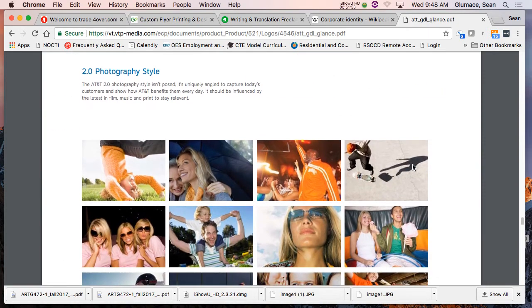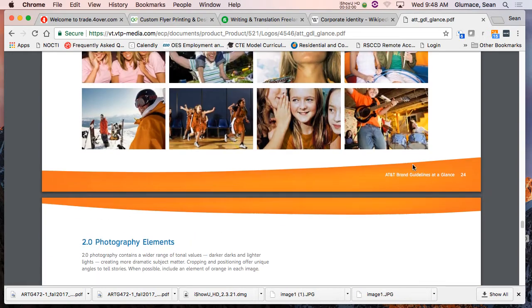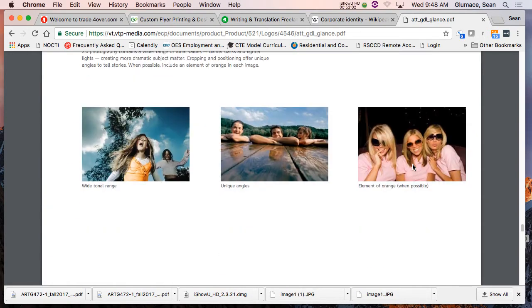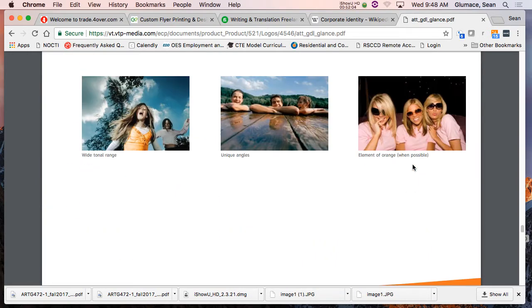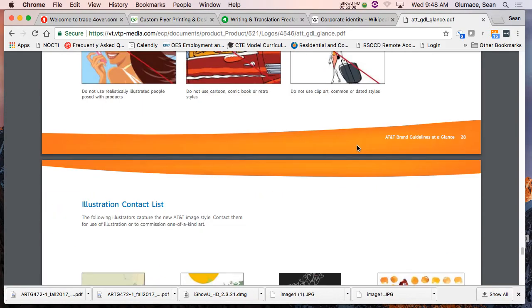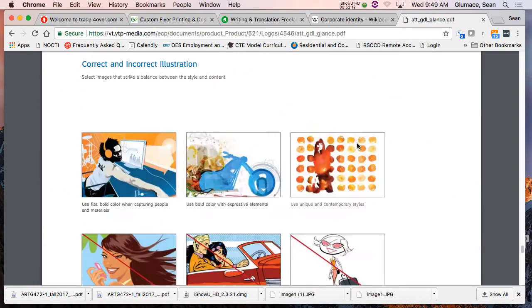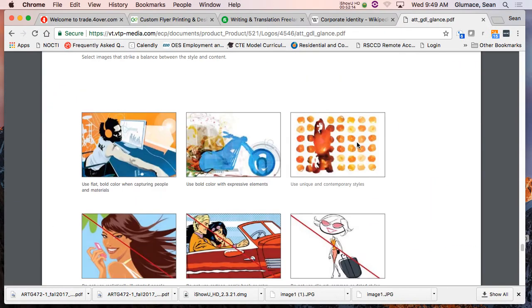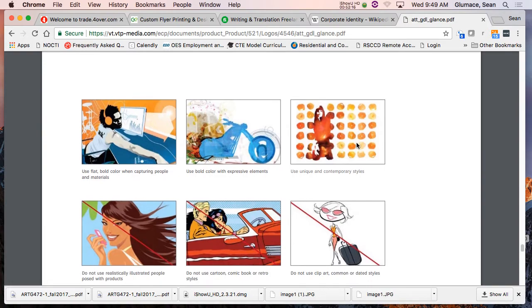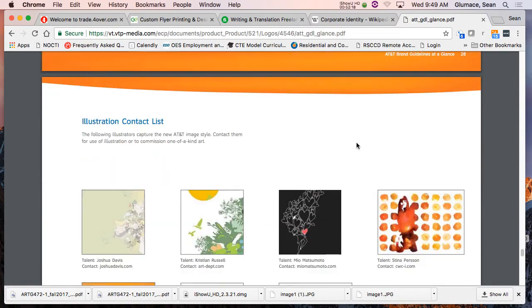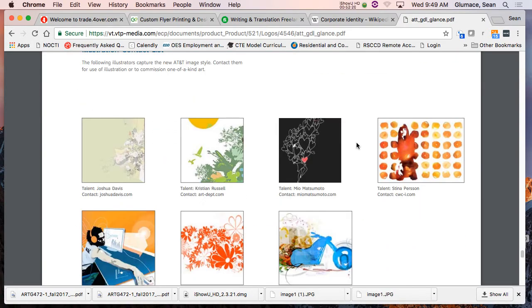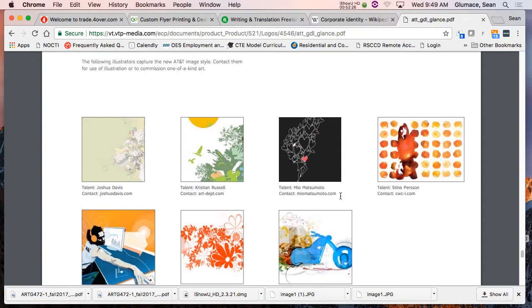Photography style. It isn't posed. People are vibrant and moving and unique angles. Element of orange. They want orange in everything. Yeah, don't do this. Illustrations as well. They don't want you doing cartoon or retro or realistic stuff. Oh, they even have their people to contact directly if you need new illustrations.